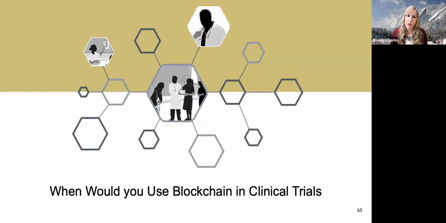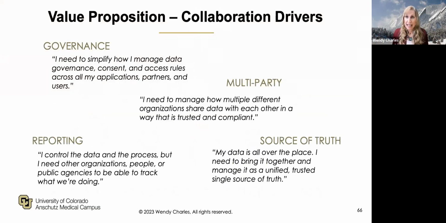So next, when would you use blockchain in clinical trials? There are lots of different circumstances where it can add value, but some big parts really do involve collaboration. That's when we have to partner with other research organizations that we may or may not trust. It also comes about when we have to show a source of truth for the data that we rely on in order to make decisions for drug safety or for device development, or how we report information that we get from a clinical trial. All of these require an inherent solution to manage.